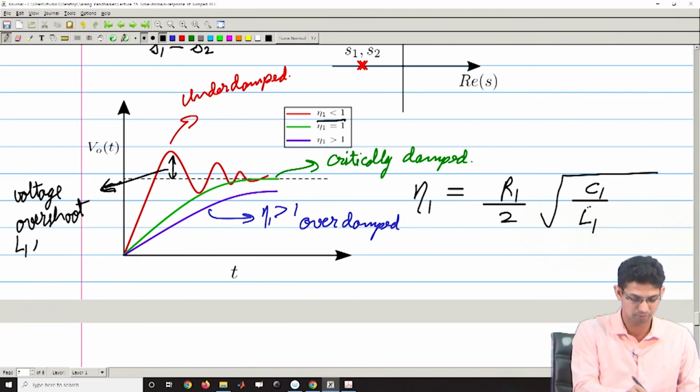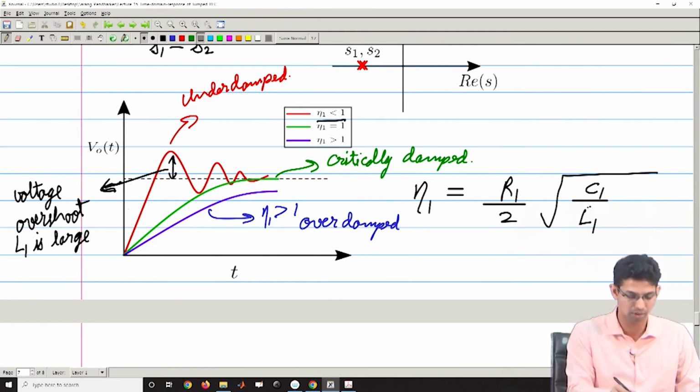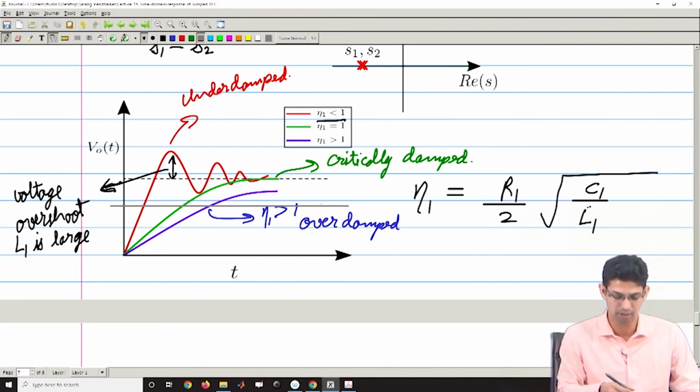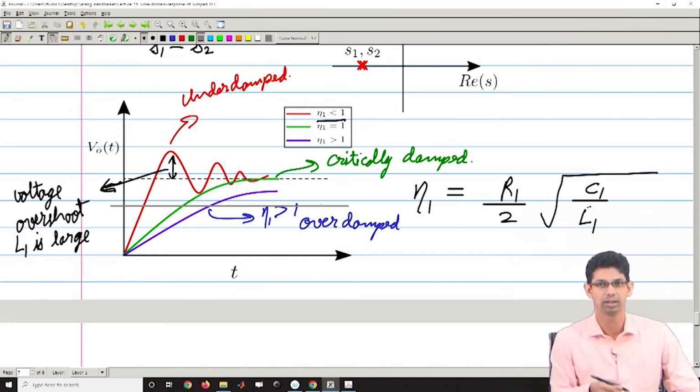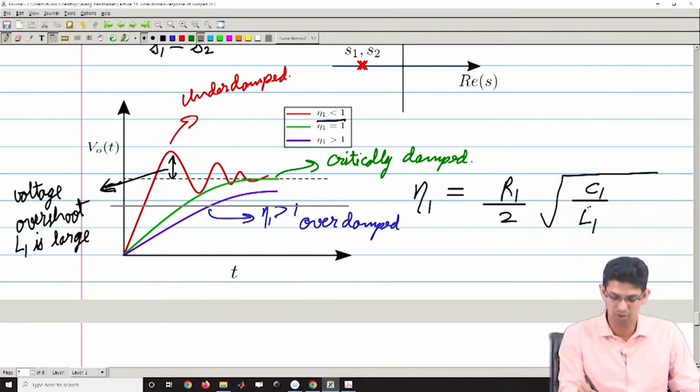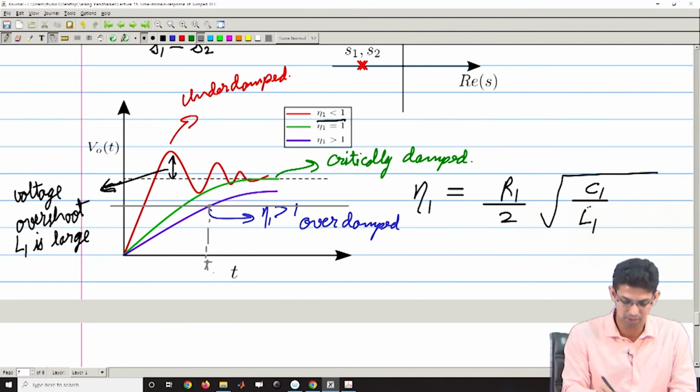So this will happen when L1 is large. Now, if I want to look at this in the context of say delay, suppose I want to get an idea of my 50% delay. From these three different cases, I can see that the delay for my overdamped system would be the highest. So if I want to look at this as my TD, this will be TD3, this will be TD2